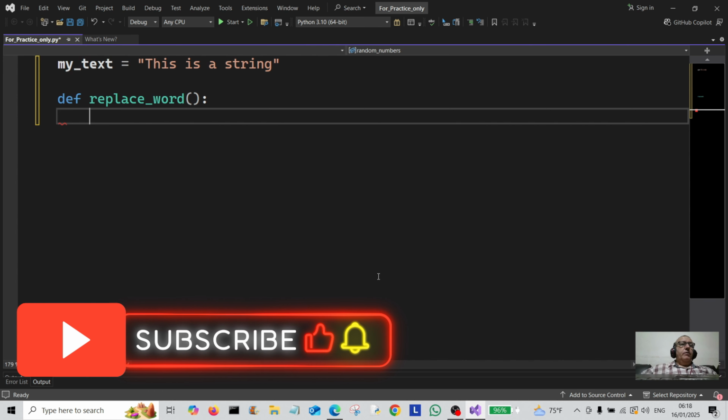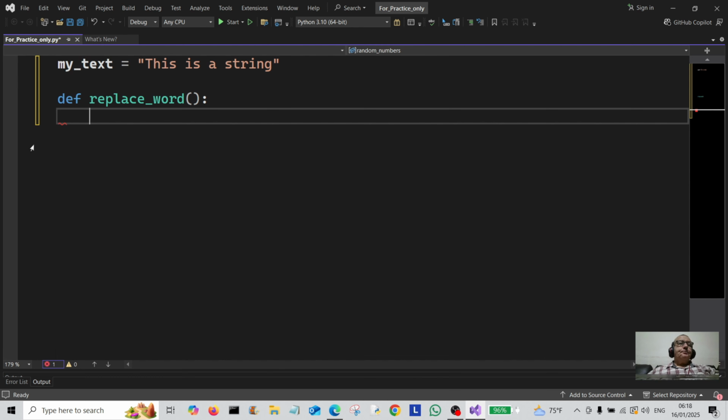Today what we're going to do is we're going to be replacing words in a string. So I've created a text string up here. So my text, this is a string. Okay, so what we're going to do is we're going to